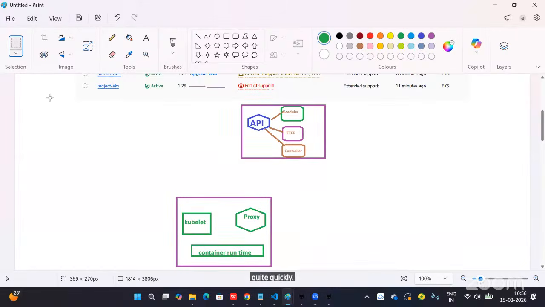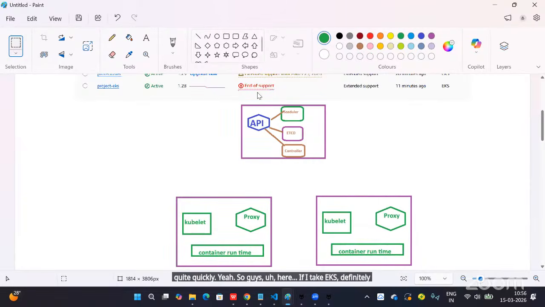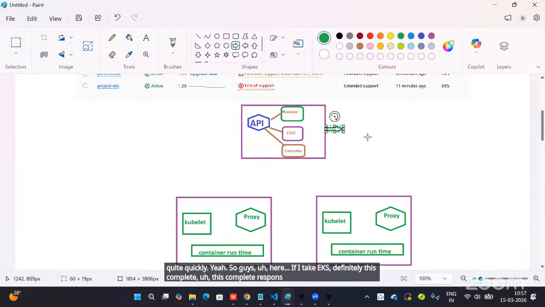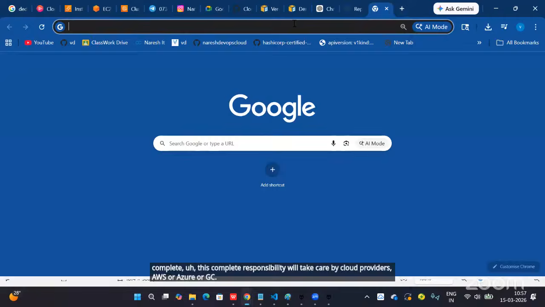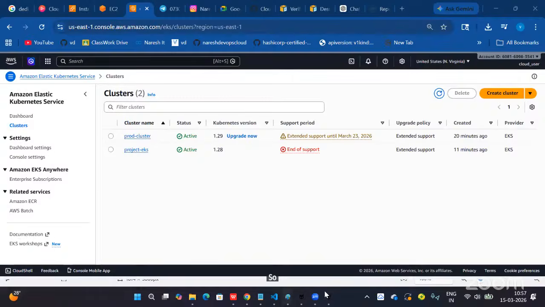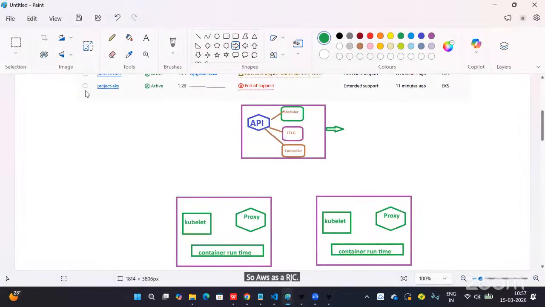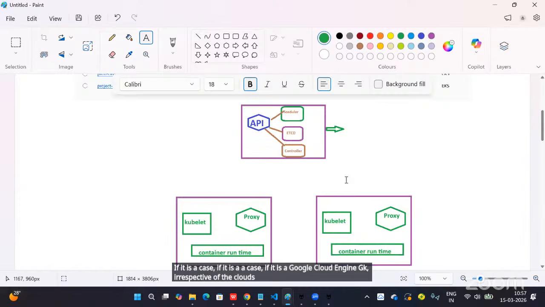So guys, if I take EKS, definitely this complete responsibility will be taken care of by the cloud providers, AWS, Azure or GCP. If it is EKS, AKS, or Google's GKE, irrespective of the cloud, they will take care.